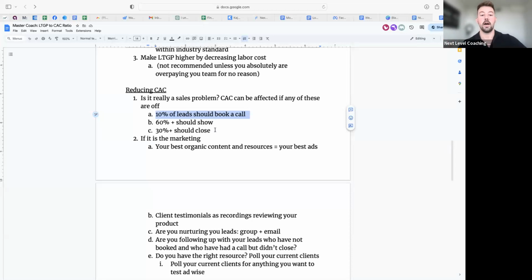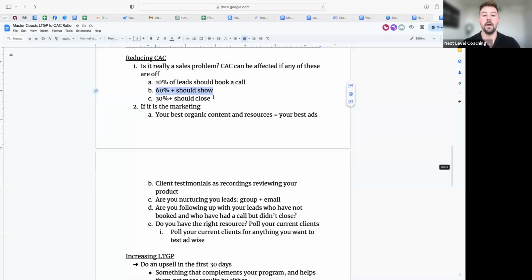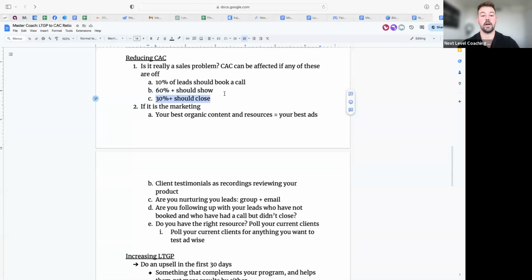They're doing good. The next thing to look at is the show rate. Is the show rate 60% bare minimum? Obviously, we want it over 60%, but if less than 60% of the leads that are being booked are showing, that's directly going to impact our cost of acquisition because we're not going to sell as many clients, and then that figure is going to be a lot higher. This last one here is your close rate. Maybe they are showing, maybe you are getting them booked, but for whatever reason, your close rate is less than 30%. If that's the case, once again, that's negatively going to impact your cost of acquisition.